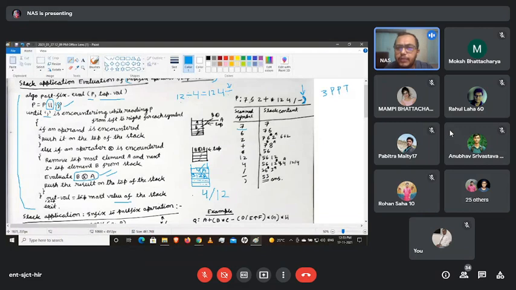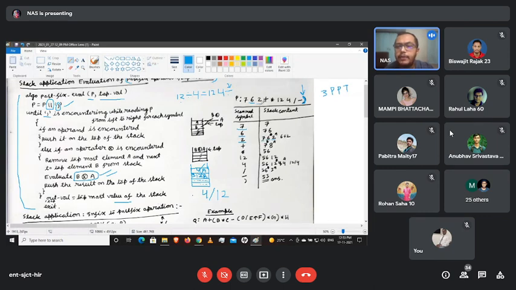Very good. Next we are reading the data, that is our 6. 6 is again an operand, so it will be pushed into the stack. This is our 7, this side is the bottom of the stack and this is the top of the stack. So 6 got pushed here. Any doubt? No, sir. Okay, so we are reading 2. Again 2 is an operand, so it will be pushed into the stack. So 7 6 2. No issues there.